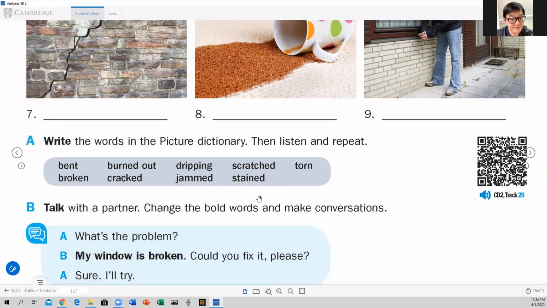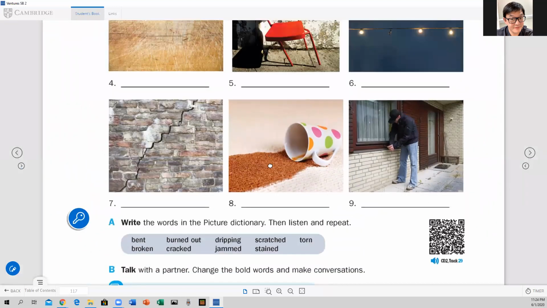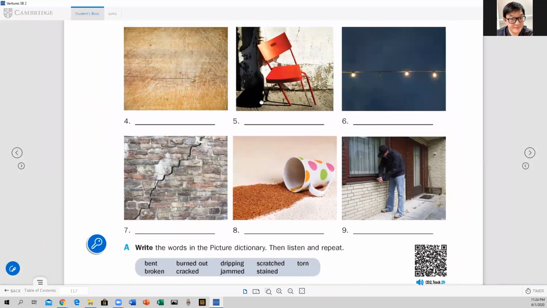So now that you know these words, what you have to do is